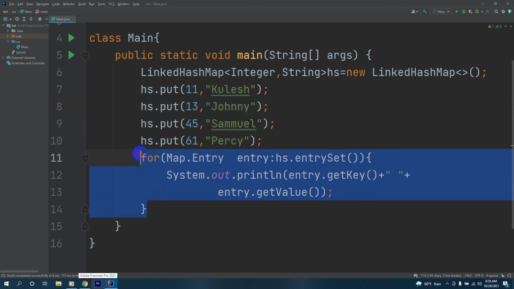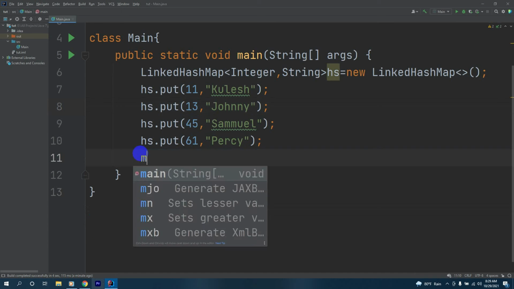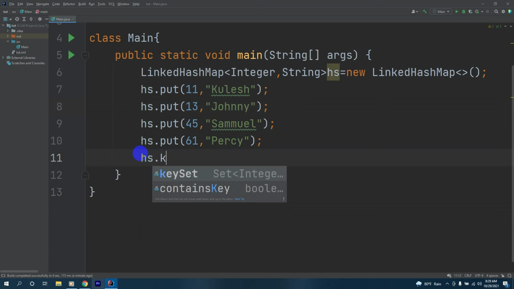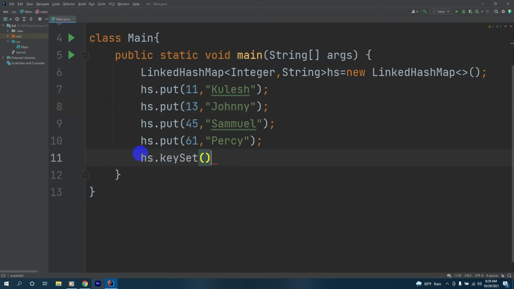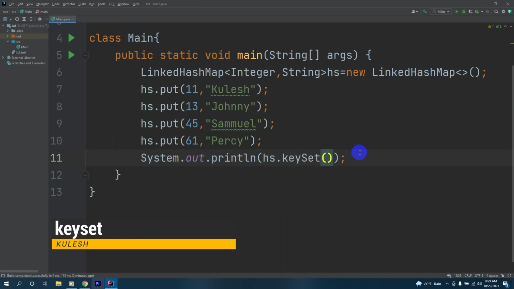Now we'll see how to get the keys, values, and both the keys and values inside the LinkedHashMap. We'll have hs.keySet. We'll print out the hs.keySet to get the keys.